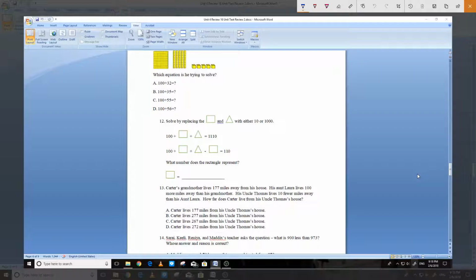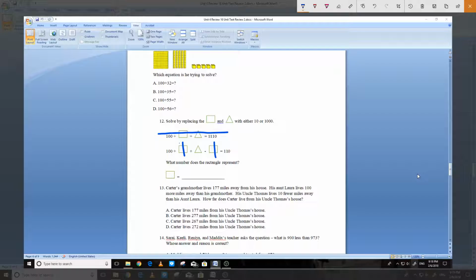Now, again, like I said before, cross this out. Don't even look at this. This does not help us to differentiate between the rectangle and the triangle. All right? We can put 10 in both places here, and same with 1000. It doesn't matter. Only look at the second one. First, I want you to not look at the two